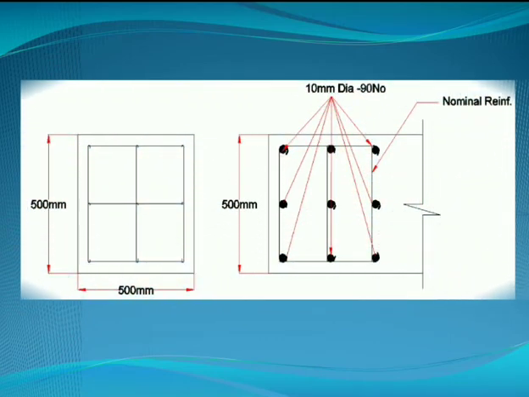Now here you have two views. One is a longitudinal view, that is the lengthwise view, where you will see the cut section. This is the length of the beam, and this particular part will be your anchor zone. Whereas this is the cross section, 500 by 500. Be careful, you might feel this is a cross section. No, here a cut section is shown. This is your longitudinal section, lengthwise, and this is only the anchor zone in which we have provided the reinforcement, and this is your cross section.